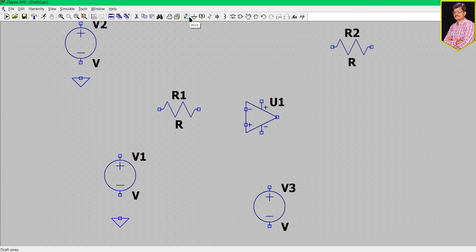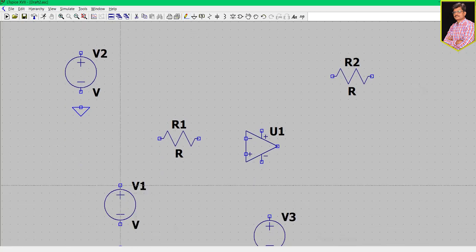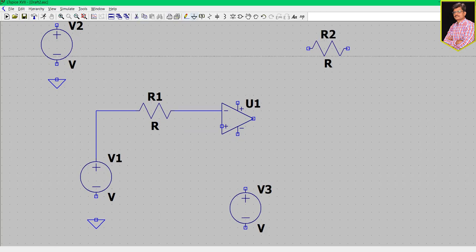Now I would like to connect them with wires, and that is in the pencil symbol. So wire, okay, just put it wherever you want it, click on it, and then you will get the wire. Wherever you want a bend of 90 degrees, you will definitely get only 90 degrees, either left side or right side. So you click there, then move the mouse in the desired direction and come to the resistance. There you stop by clicking, which will terminate the wire, and then you go ahead with the same procedure in connecting the rest of these components.